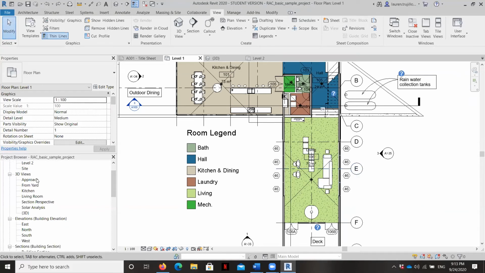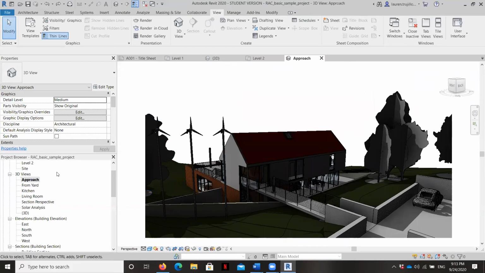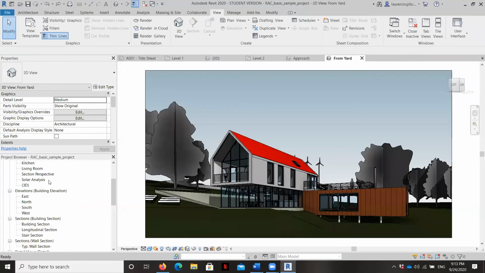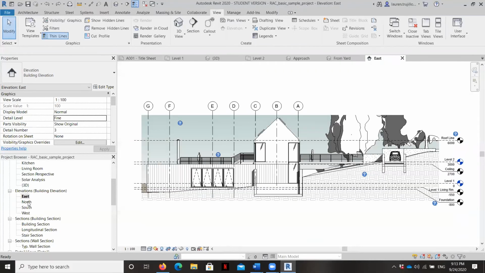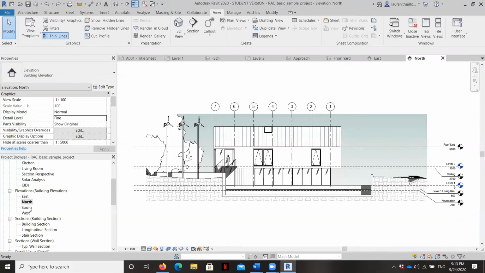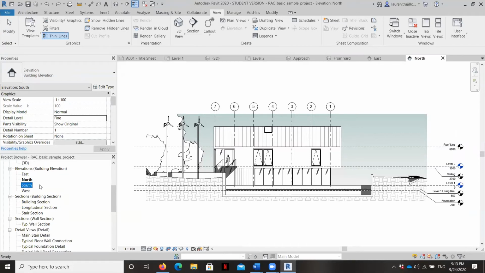The designers also created a series of 3D views with their camera, and we can see these all here. This is what you might see on the cover page. There's also a series of elevations. Again, these exist whether the designer creates them or not, because it's a 3D model. So even if you put a tree in your drawing and that's all you did, you would still be able to see elevations of each side of that tree. So those exist regardless. Sections we have to create, and there's a series of exported renderings here.